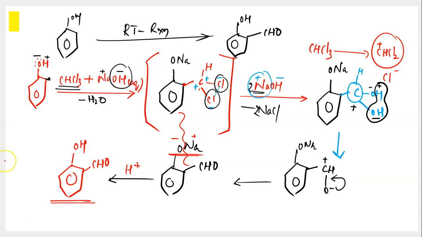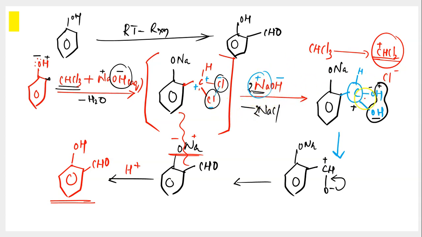So let me summarize this mechanism once more so that you understand it better. We are taking phenol and we are treating phenol first with aqueous NaOH to block this hydroxy group so that it does not interfere in the reaction. And secondly, you're treating this phenoxide which is formed with the CHCl3. Chloroform turns itself into an electrophile and the electrophile attacks the ortho carbon, leading to formation of a CHCl2 group at the ortho carbon. And now these two chlorine atoms are substituted by two hydroxy groups by taking 2 moles of NaOH.